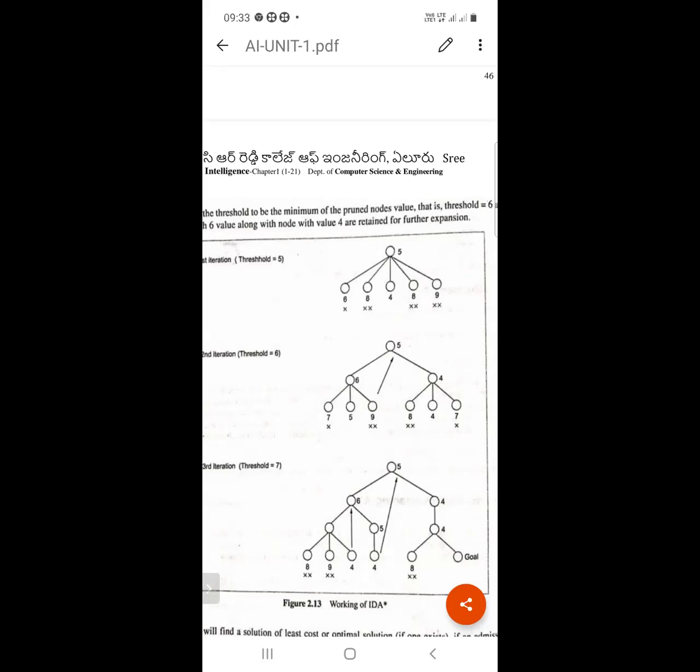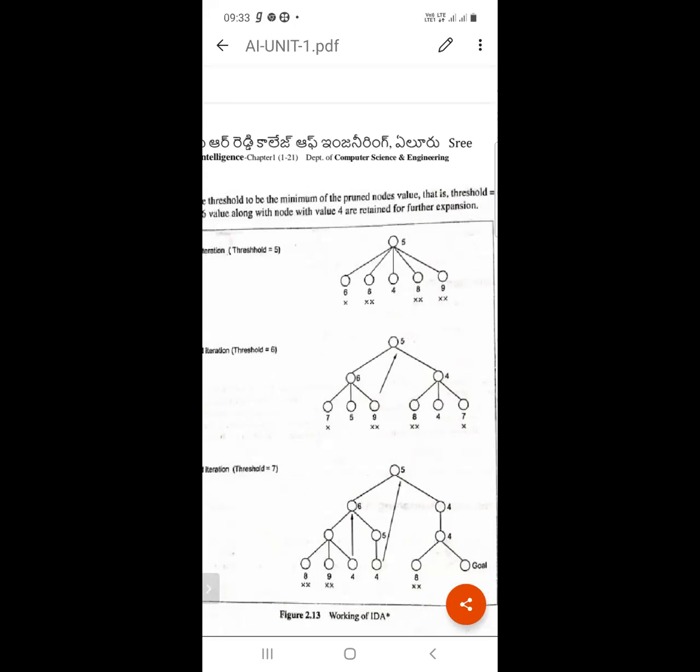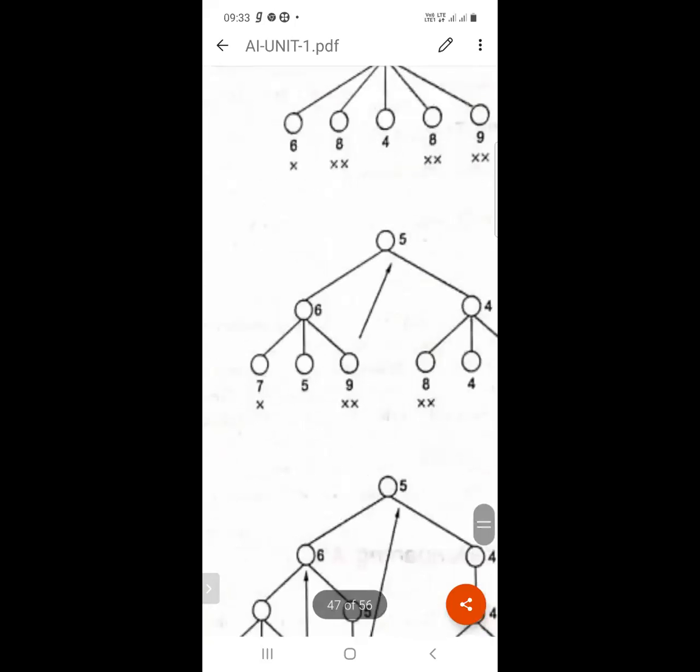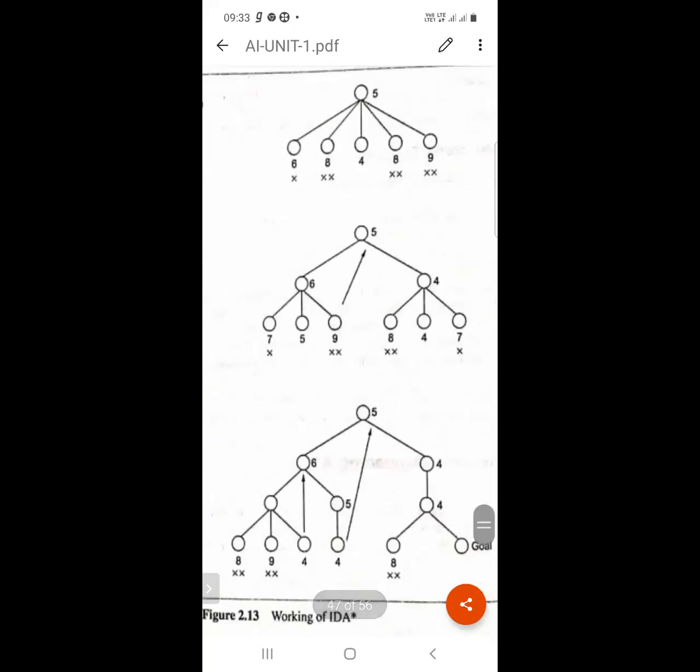Finally, the goal state is reached. First iteration, threshold value 5. Second iteration, threshold value 6. Third iteration, threshold 7.